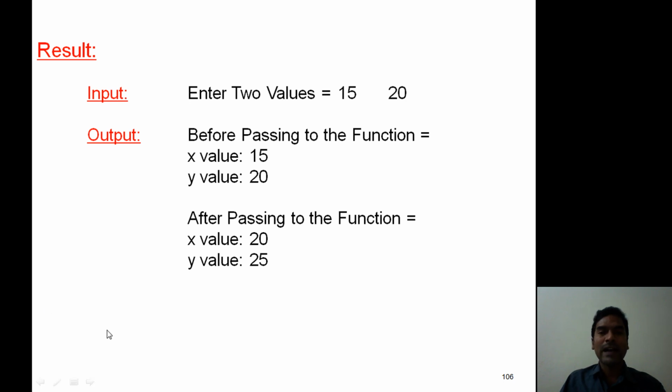Okay. So in the call by address mechanism, the process of passing the address of the variable as an argument to the function is known as call by address or pass by address. When we pass the address of the variable, the receiving argument at the function definition must be a pointer variable. When the pointer variable holds the address, if we make any changes inside the function, those changes are reflected on the original arguments. Now it shows the difference between call by value and call by address.